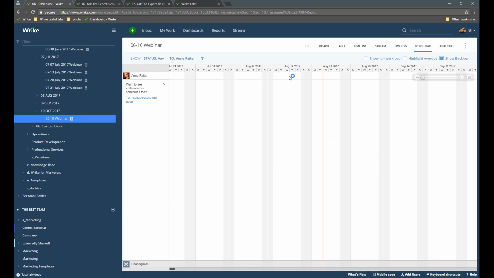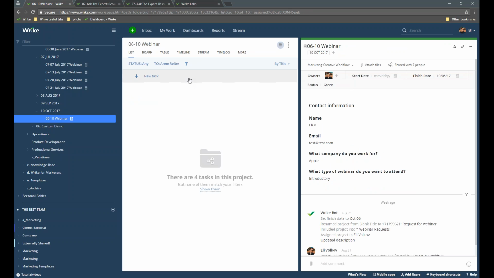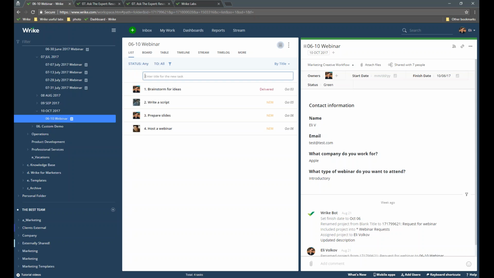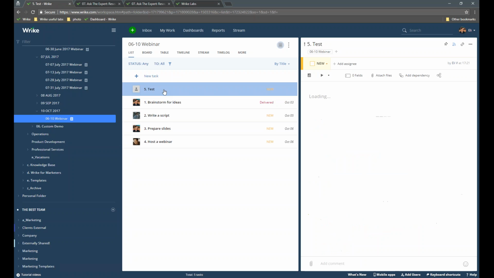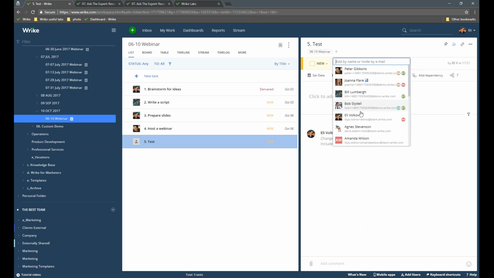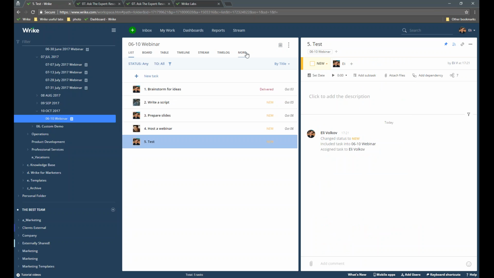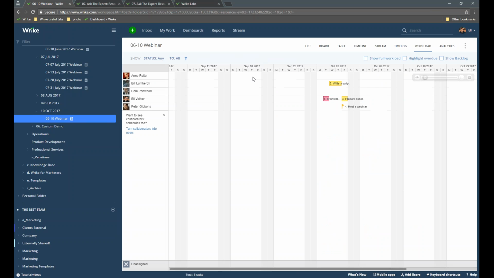You might notice that the workload looks quite similar to timeline view. So it shows the tasks according to their schedules, but it's pretty likely that you might have some tasks that are not scheduled. Let's create just one task that is not scheduled at the moment. I'm going to name it something like test. I'm going to assign it to myself for now. And if I go back into the workload view and show backlog tasks by checking this box right here,